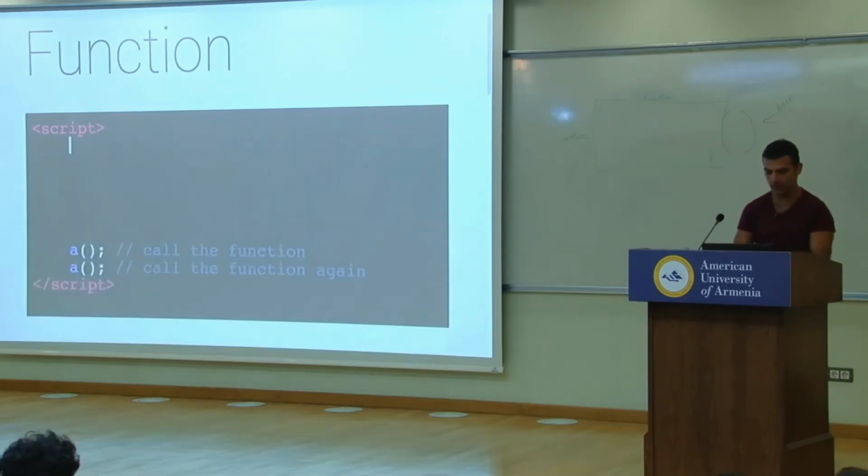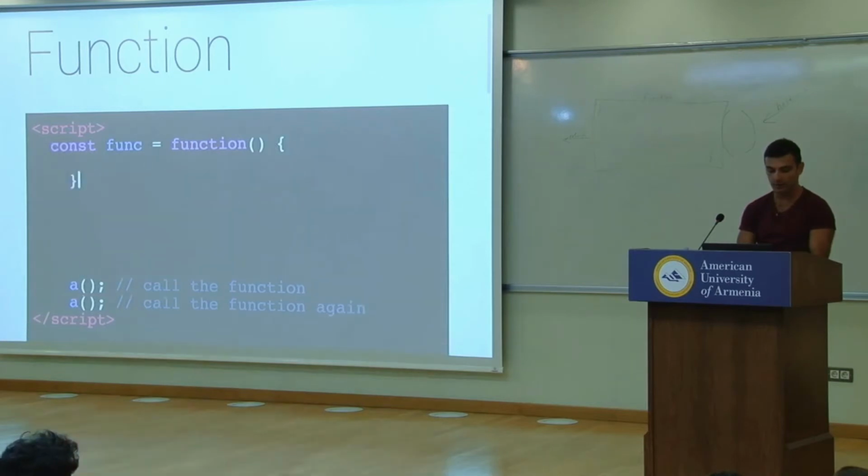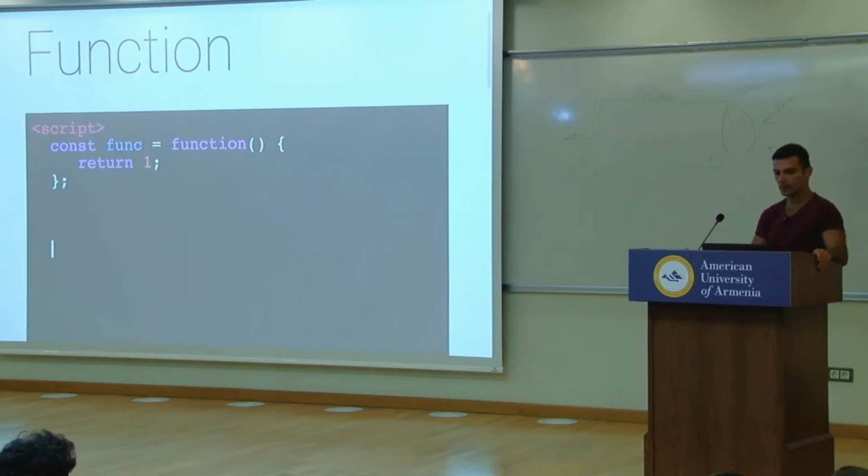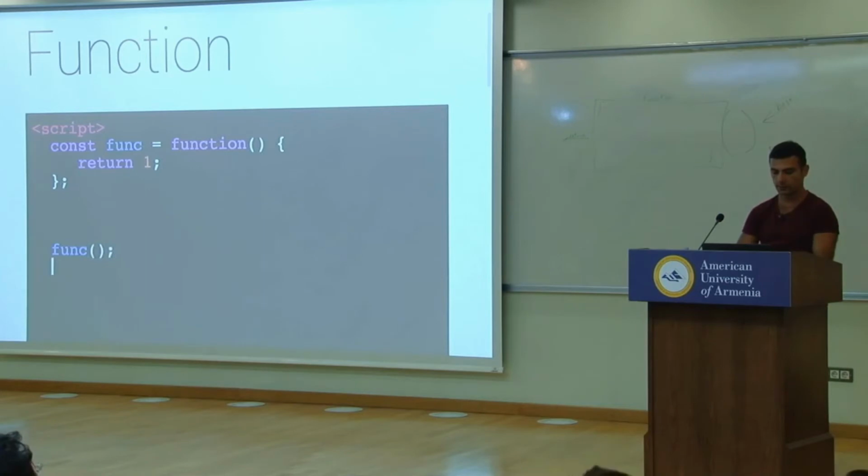Forget sum. Const func. Func is a function that takes no arguments and returns a 1. It's not a very useful function, but if you call it, it will return a 1, right? This runs and turns into that. This turns into that. So if I do const r is equal to func plus func minus func,